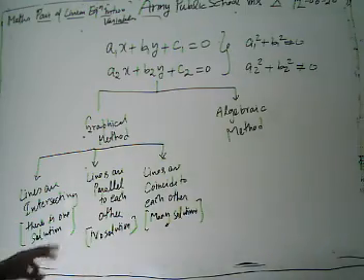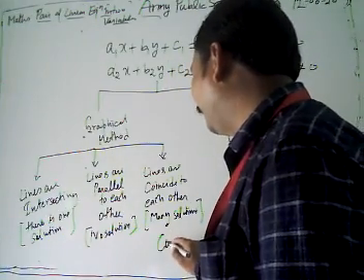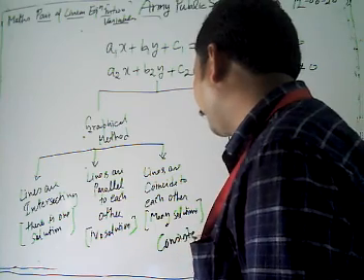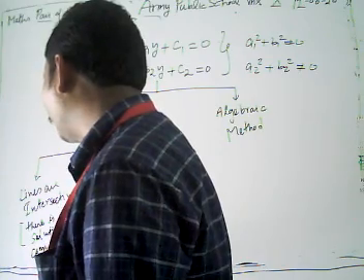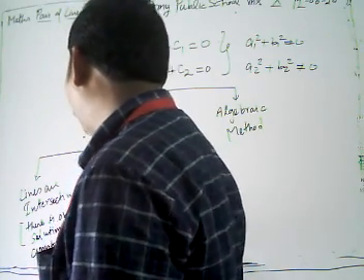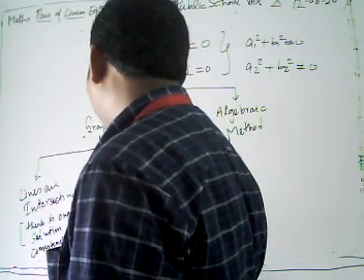Means there are two cases, when we have only one solution and when we have many solutions. In both cases our system is consistent. Here we have a solution, here also our system is consistent. And here there is no solution, then our system is inconsistent.